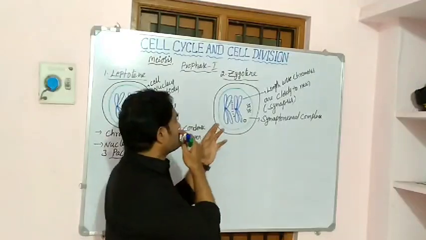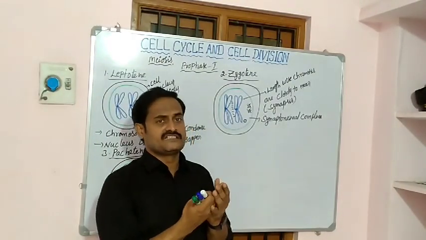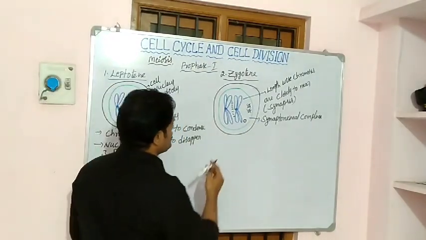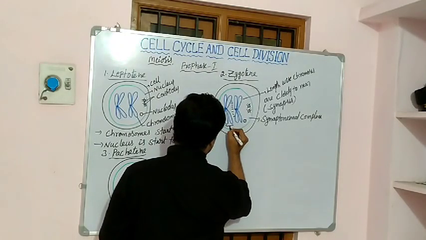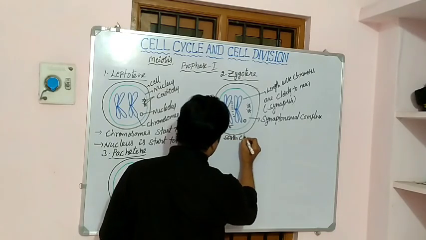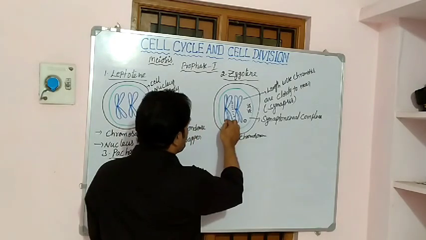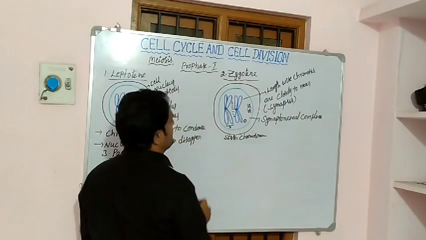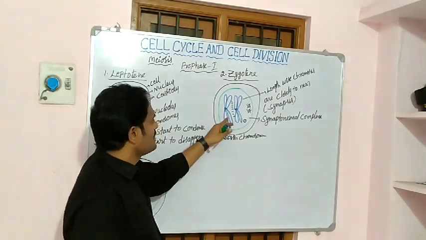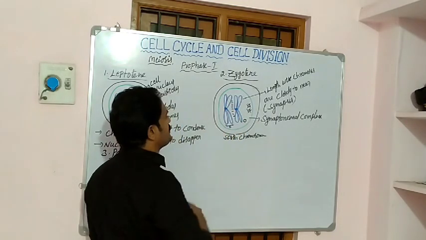the non-sister chromosomes are attached to each other. They are combined to each other. So what does non-sister mean? See here, these two are called sister chromatids. They are aligned on the same centromere. This part of the chromosome is called a chromatid, and the chromatids present on the same centromere are